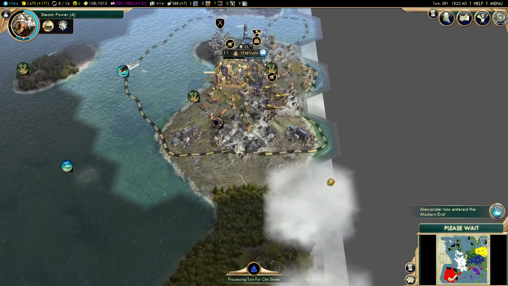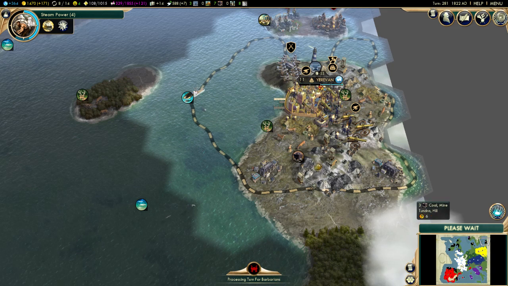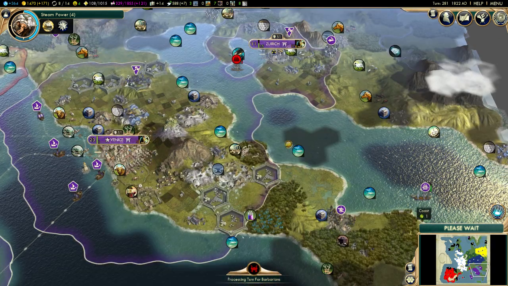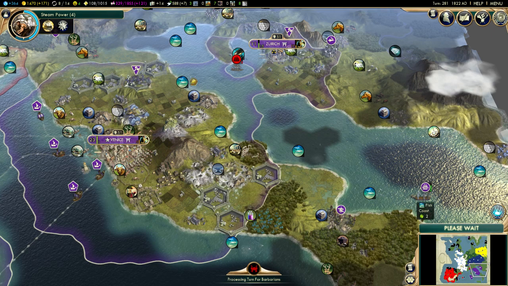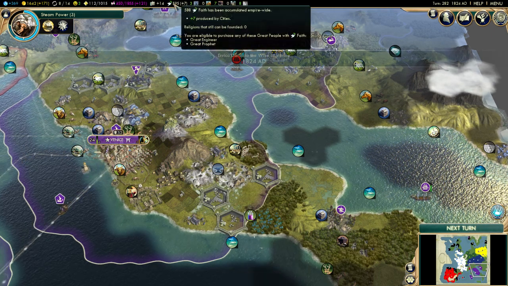I might actually be getting them from... Nope, not from Yerevan. I think they're giving me whales, aren't they? Yeah, probably whales. And they do not have access to anything else. So I think that I traded the spices with someone else. Maybe America, maybe someone else. I don't really remember. But they're not mine. I'm saving up all my faith so I can buy a great...